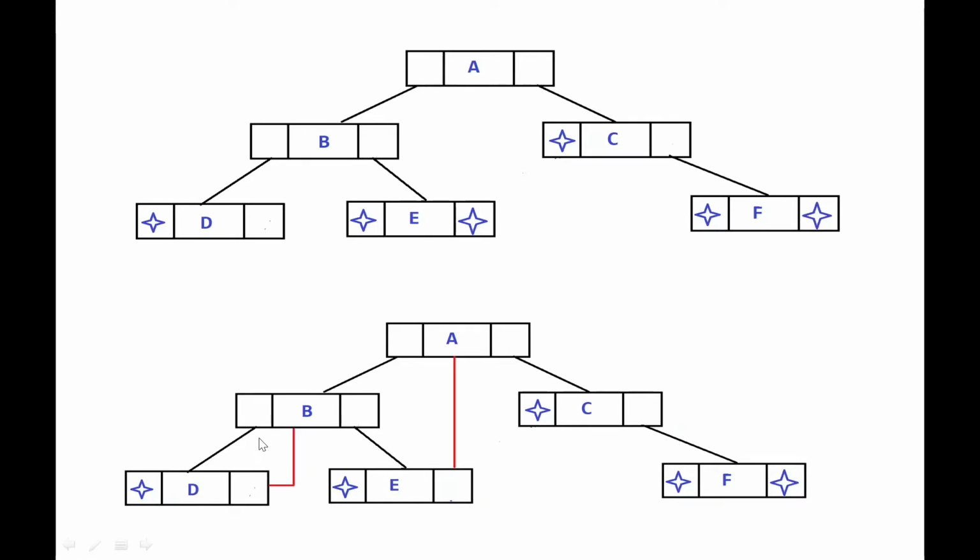For that only we were using a stack in the previous implementation, that is the recursive implementation, so that from D we can come to B. But now we don't need a stack, because if you just take the right pointer or the forward link pointer, you will reach B. Similarly, from E, if you just take the forward link pointer, you will come to A. So there is no need of a stack in the traversal if it is done on a threaded tree, and that is the basic idea. We just complete this threading, and automatically the traversal will take place without the need of recursion, and also without the need of a stack.